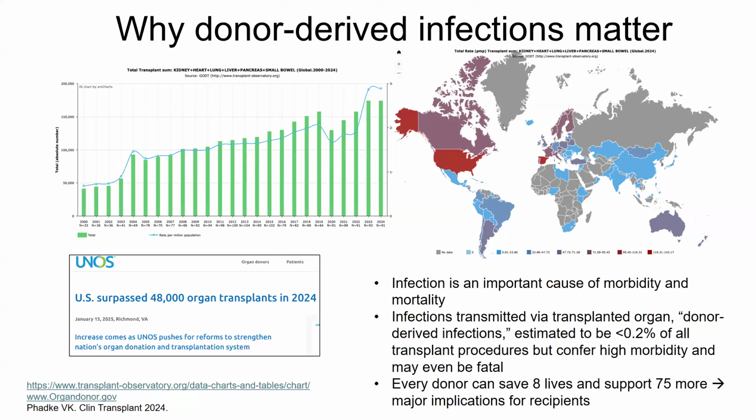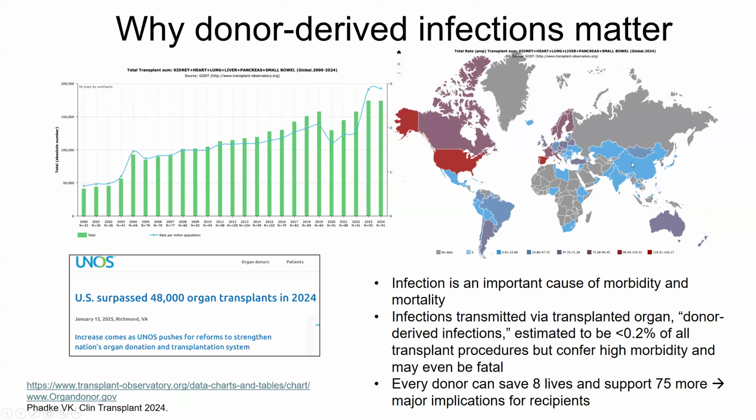long time. And then the graph on the right, top right corner here, this shows kind of the density or the total per population number of solid organ transplant across the world. Certainly North America, Canada, as well as the US definitely has the highest rate, but also parts of Europe and Asia and South America as well as Australia. There are also many organ transplant happening. This is only in 2024.